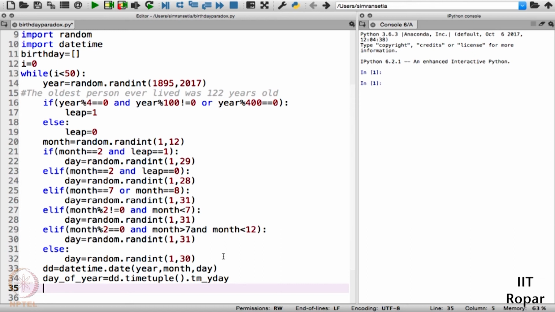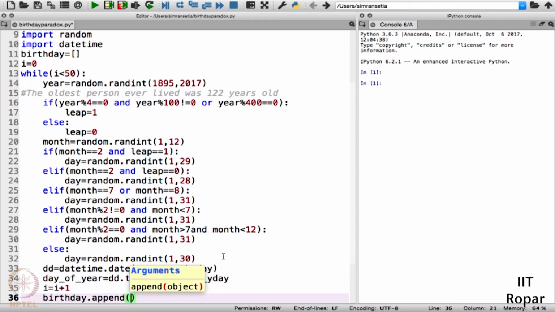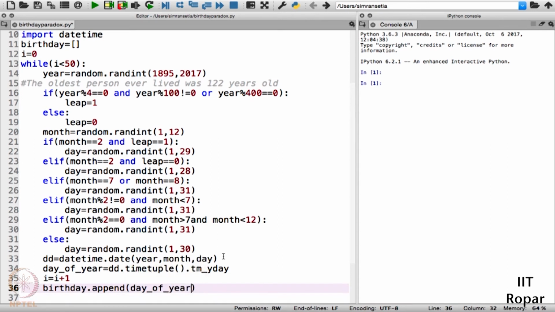This will be good practice for you, but for simplicity's sake, we'll only use the function here. Now we'll increment the i variable so that the while loop can proceed, and we'll also append this particular day of year to the list birthday. It is done.